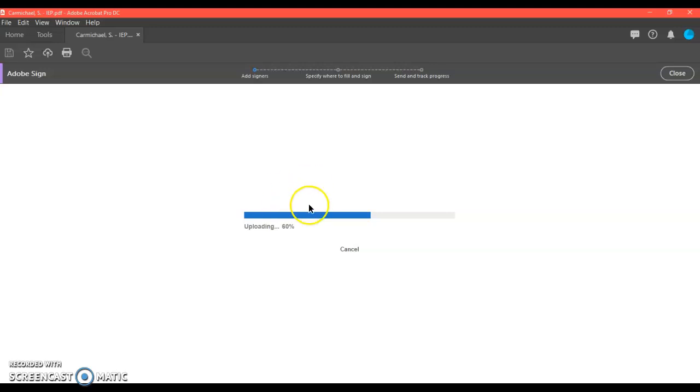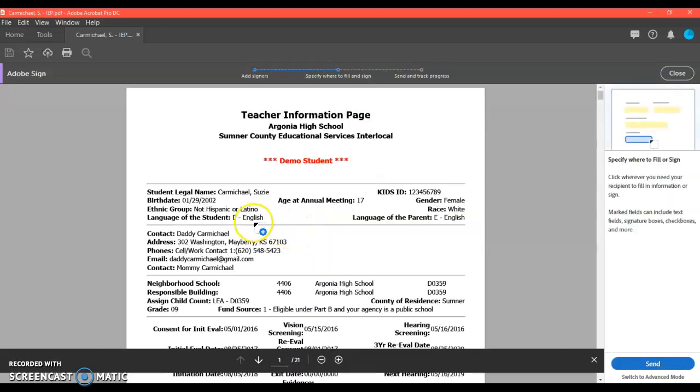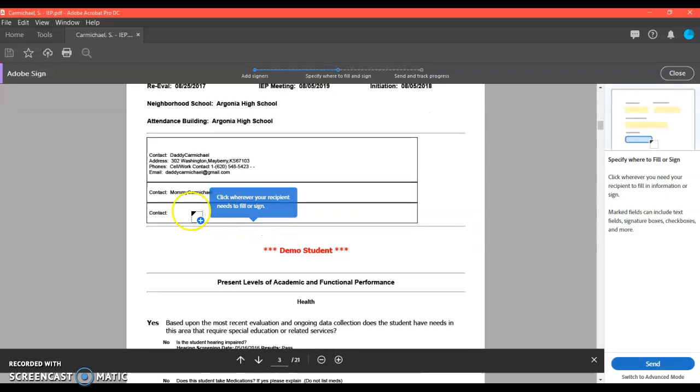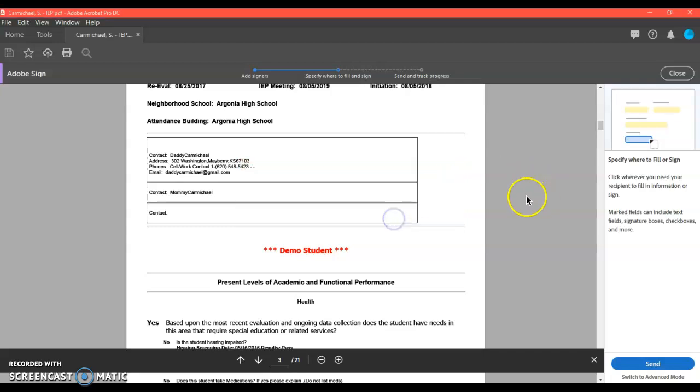So what I'm going to do, and I'm just showing this to you so you can see what I do. After that's saved and you send it to me, then let's say this were to be a place to sign, then I go in and have to add signature fields. So when I go through and do all of those, it takes quite a while to go in and put each one on there. So if you guys can go ahead and save them as a PDF and then send those PDFs to me,